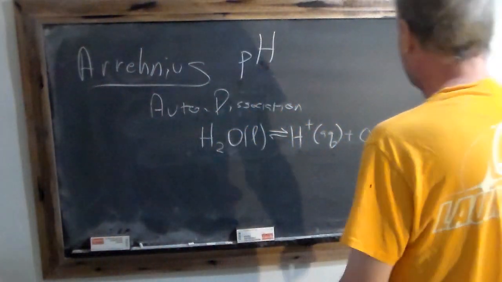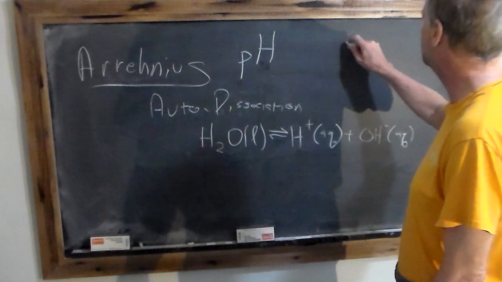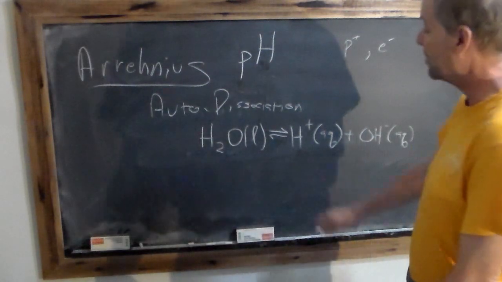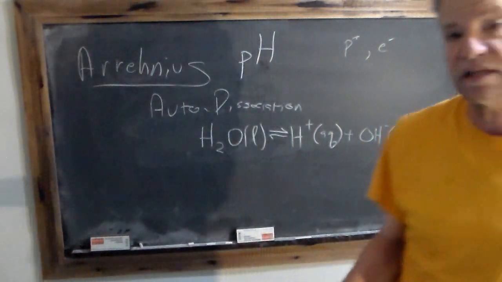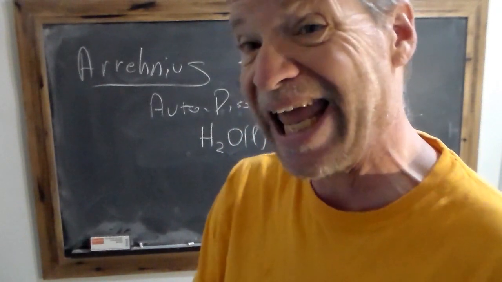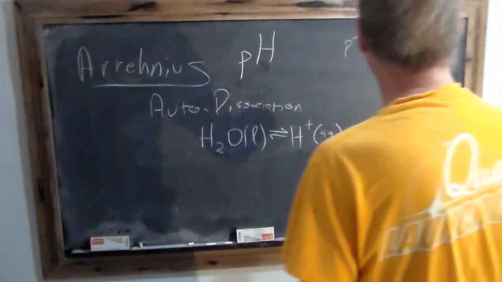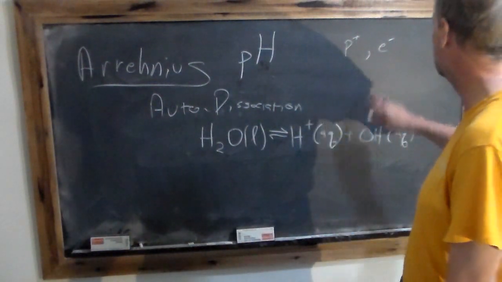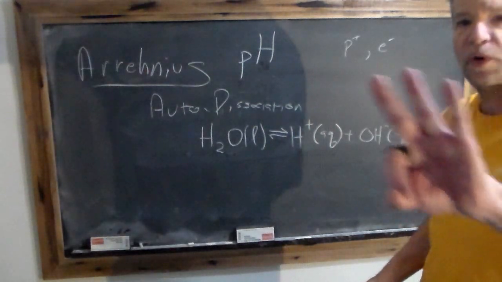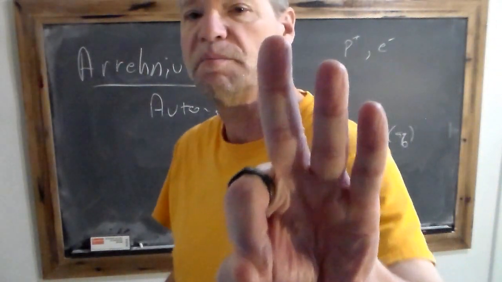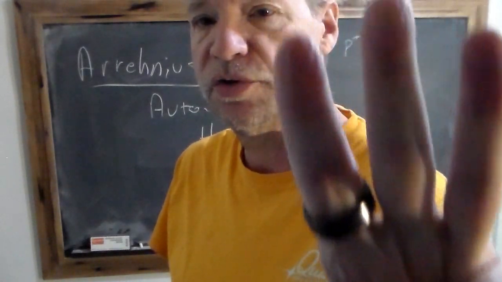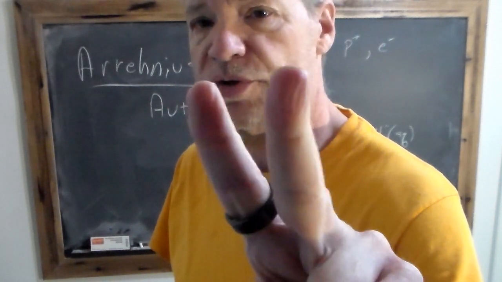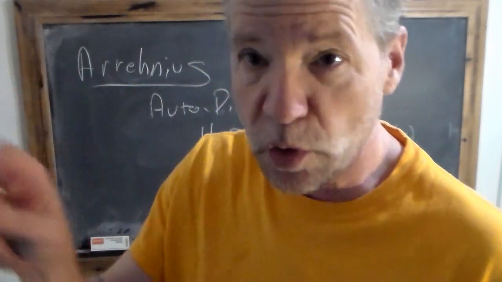If you think about what the hydronium is, hydrogen is just one proton and one electron. Now there's two isotopes of hydrogen. They're the only isotopes on the periodic chart that have unique names. Deuterium is one proton, one neutron, and one electron. Tritium is one proton, two neutrons, and one electron. Tritium, three nuclear particles, one proton, two neutrons. That's where tritium's name comes from. Deuterium, one proton, one neutron, two nuclear particles.